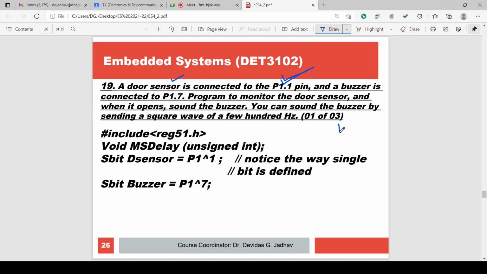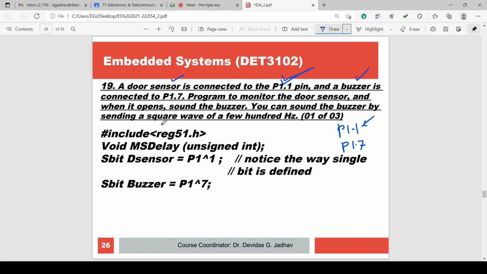So port 1, pin number 1 is used as an input pin because it is connected with the door sensor, and the buzzer is connected to P1.7. So first port, 7th pin is an output pin. If the sensor is giving some value, the buzzer will be operated. So this is the program.